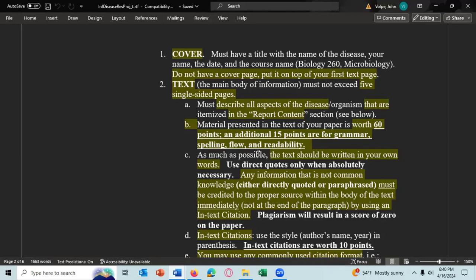If you don't use in-text citation and you just state something, that would be plagiarism. If you plagiarize 3 or more words from somebody else and don't put it in quotes and say where you got it from, you'll get a 0 on this project. So do not plagiarize. And by the way, this assignment will be graded for plagiarism, meaning when you turn it in,